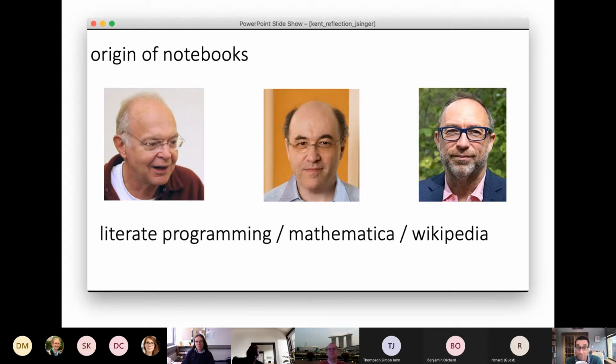Stephen Wolfram, my middle mugshot here, and the Mathematica system was very much an early version of notebooks, perhaps not so popular because it was a proprietary tool aimed at experts, I suppose, but it did have that notion of interaction within the source code to produce user outputs interspersed with the code. And then Jimmy Wales is on the right-hand side there, the originator of Wikipedia. And I think here I'd like to draw on the idea of community-generated knowledge and that idea of the democratization of information for Wikipedia and code for the Jupyter system.